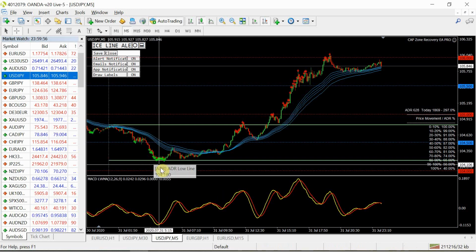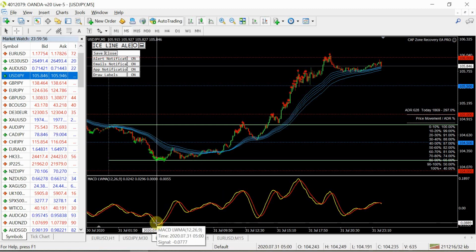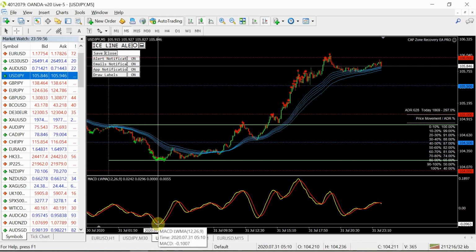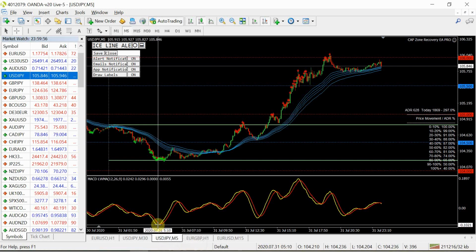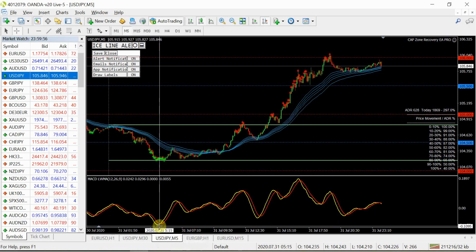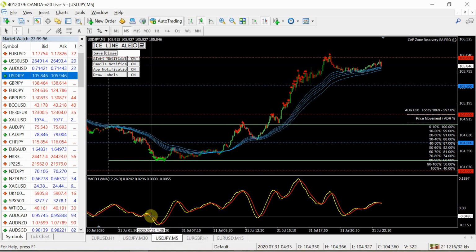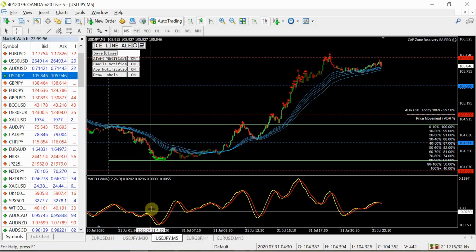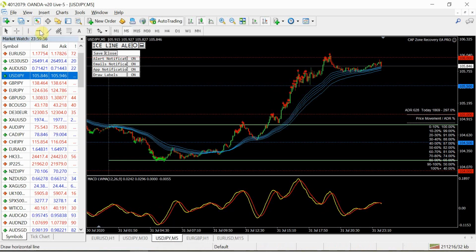I can't really see because the arrows are kind of in the way, but we'll just assume for argument's sake that it's hit this low over here. So the MACD at the point where the ADR hits at this low, what we're looking for then is looking back to the left of the MACD and looking for where the MACD last crossed over, which was at this level over here. And because in this example we are going long,